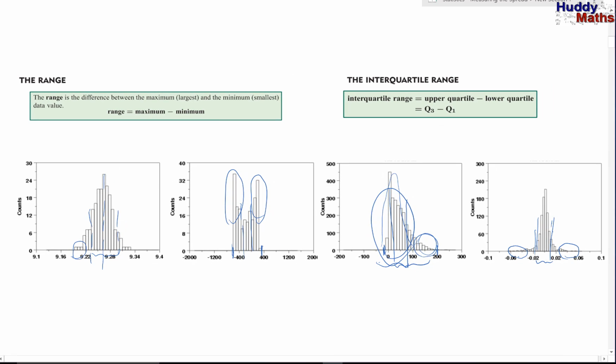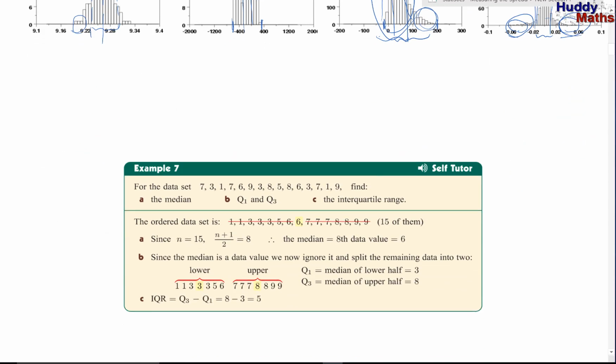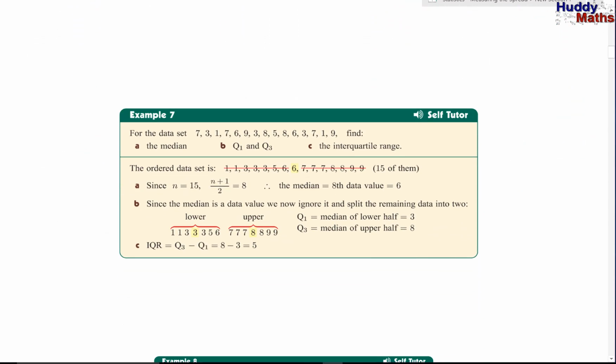Okay, so it's got a lot to do with the symmetry of a distribution. It's got a lot to do also with the tails of the distribution, how extended they are, like this one here. Okay, so we choose our measure, our statistic, to indicate our data set very carefully, as we do with the